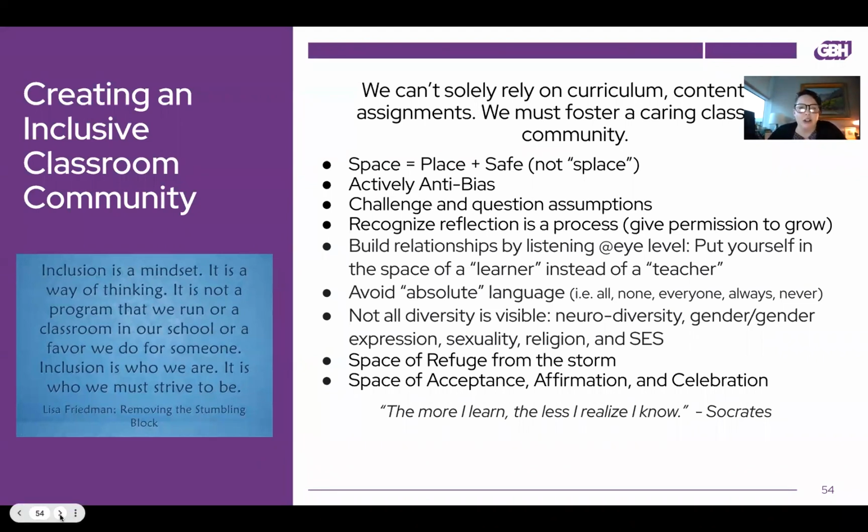And I think that's something to acknowledge, that this is a process. Becoming anti-bias, becoming more inclusive. There's no way to check the box and say, I'm done. And there's a lot of different diversity that isn't always visible just by looking at someone. And so when it comes to creating that safe space, and I love the word space, it reminds me of place plus safe, but that would really be splace, which is kind of a funny word. But I love the word space, and that's really what we need to create in our classrooms, is this caring,